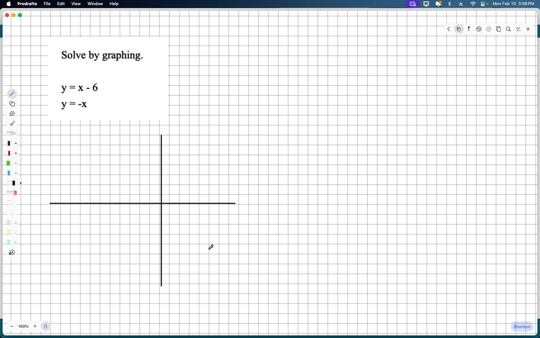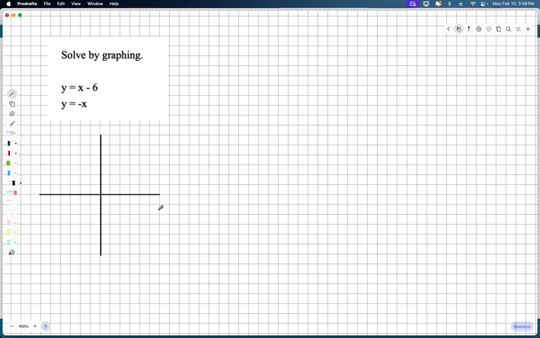And those are not even close to anything perfect. Let me draw it a little bit better. I'm going to go straight up and down here and straight across here. They don't have to be perfect, but you do want them on a line for the sake of getting the